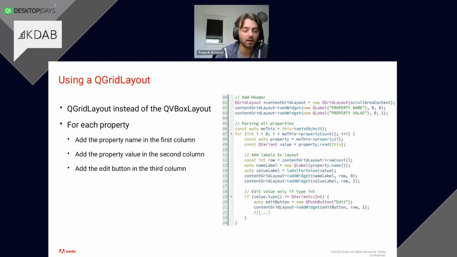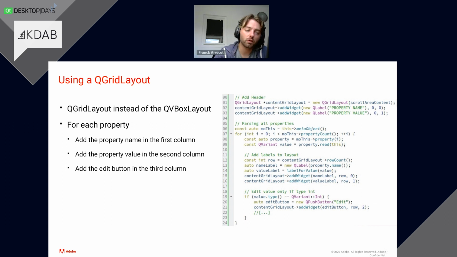So we have again our magic loop, which gives properties and values. In this case, since we don't want to put our widgets just anywhere, we retrieve the last row, the last position where we want to add the widget. We have our name label again, our value label again.